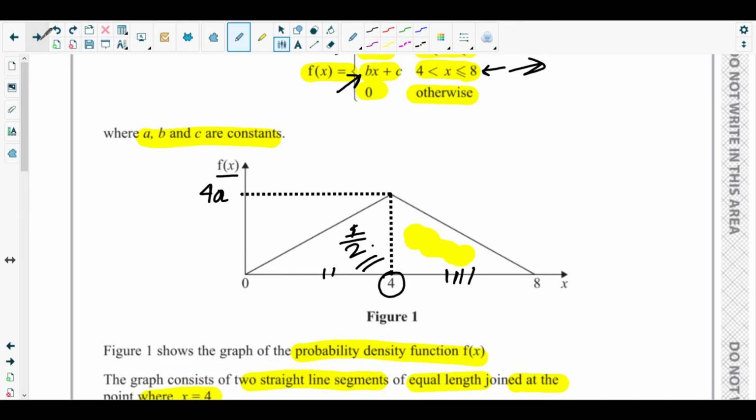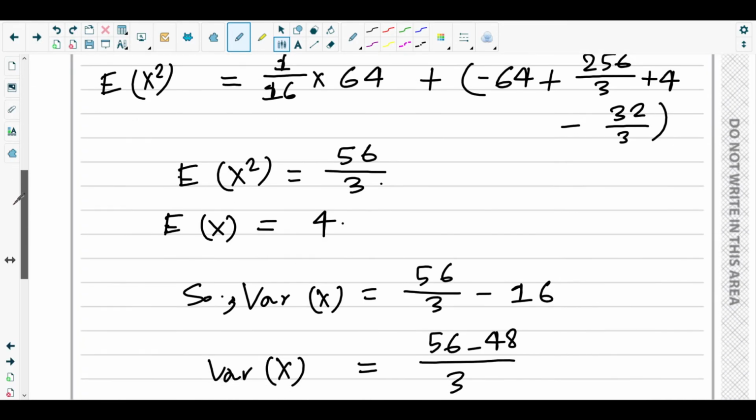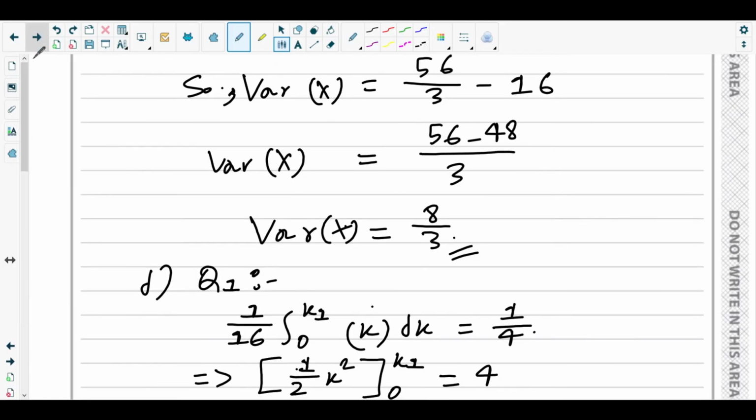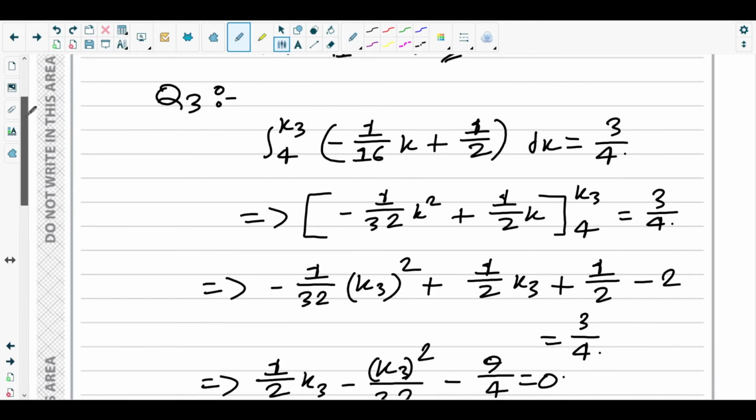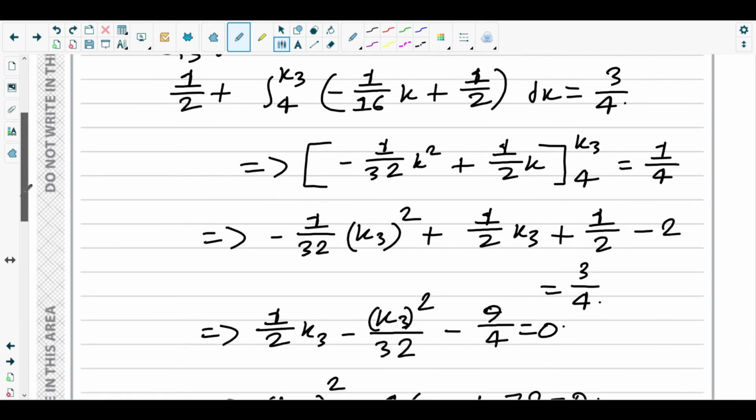Okay, so we need to just add half with that, so that it becomes cumulative. So half plus that much. Okay, so 3/4 minus half, that would be 1/4. Okay, if you take half to the right side, it will be